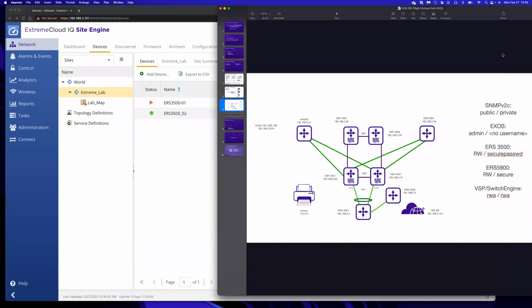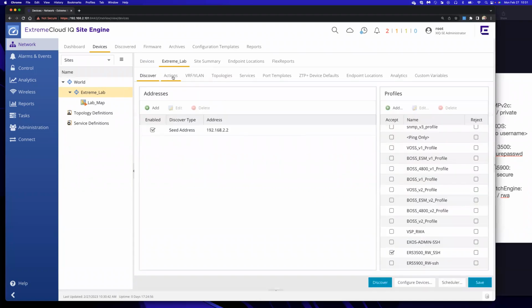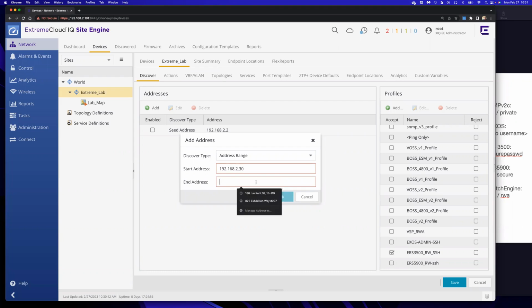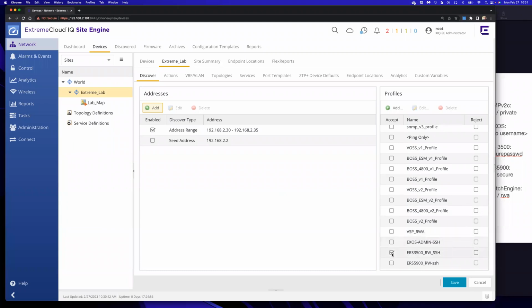So let's discover now our 4 VSPs. And they are all between 192.168.2.30, 31, 32, and 33. So we'll discover them next. I'm going to add now a range discovery. So 192.168.2.30 and 192.168.2. We'll go 35. Now I'm going to select the VSP profile, save,